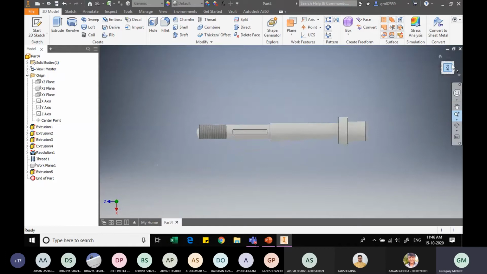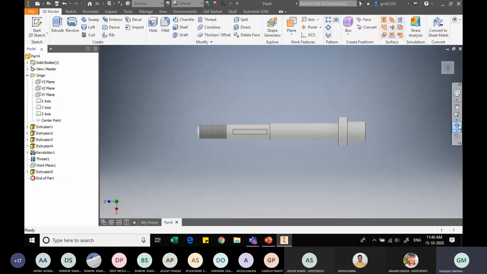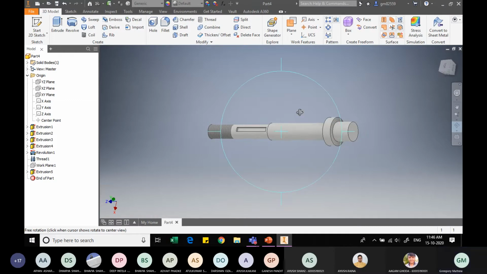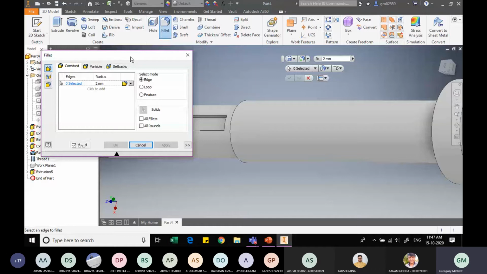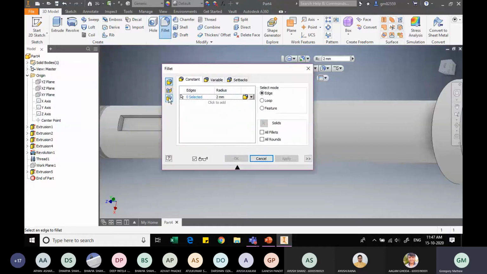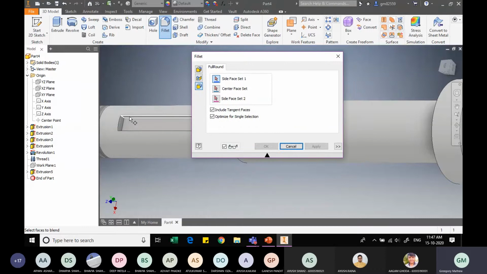Now I will show you the top view. Now from the top view, you see here it is a straight rectangle, but however from the figure, the shape of the key is such that it is rounded at the end over here. So using the fillet command as we had discussed, let me increase the size now. Okay, and then using the fillet, I want that edge to be completely rounded off. So I will use the third option, the full round option, and I will specify the various faces.